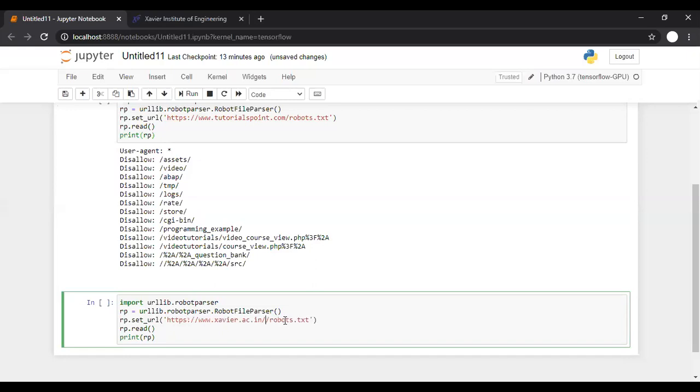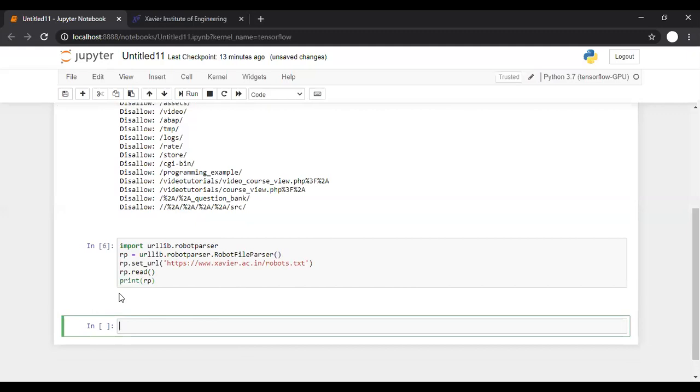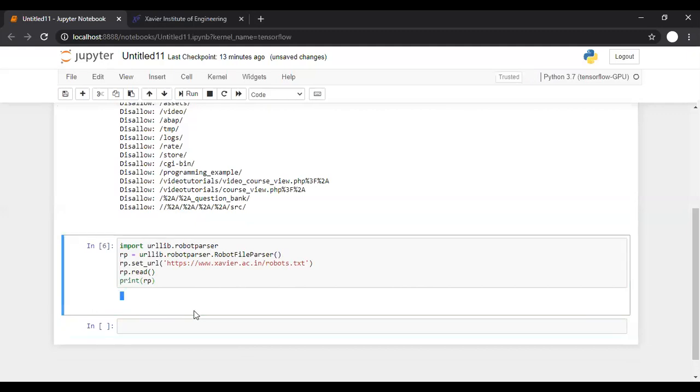It will come up with the https and everything. Now let us check the robots.txt file for our college. It shows nothing, meaning there is no robots.txt file which tells us where we should go or where we could not go. It's something like, okay, we can crawl anything that we want. I'm talking about crawling, not downloading. So this is the most important thing, the robots.txt file.